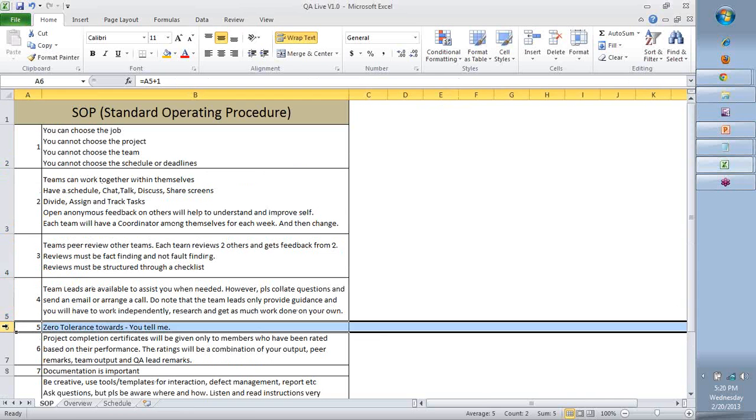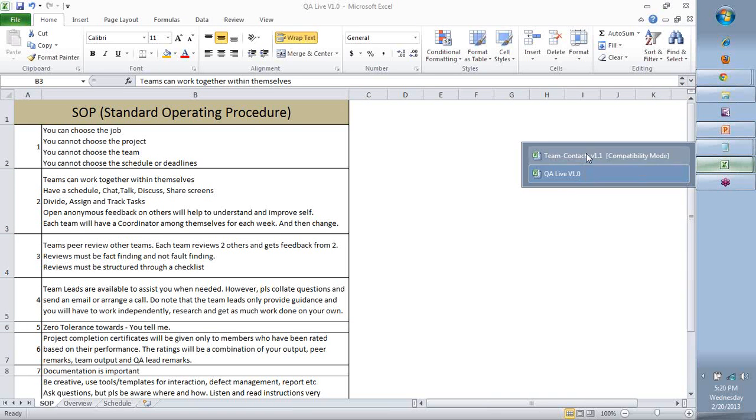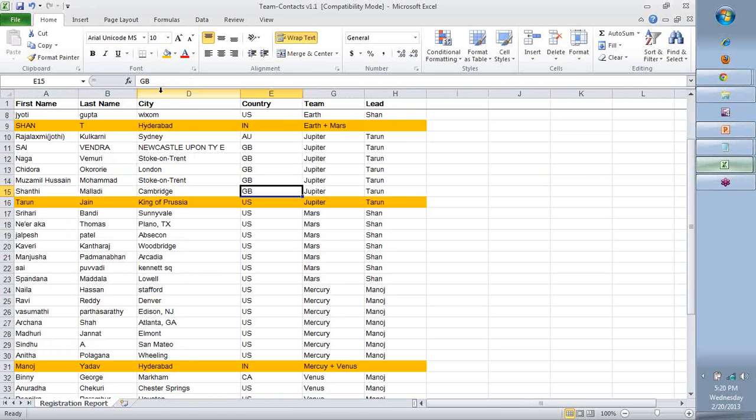Then we will go through these at length, okay? I also said that you will be working within yourselves on that specific team. I will send across the team contacts. It is not listed here. I have the emails and the phone numbers of everyone in the team. Please do not misuse them. Do not try and communicate with everyone. Be very conscious of the simple fact that you're going to be under observation for overall performance. Sometimes we are not aware. Sometimes we are over enthusiastic. We try and do a little bit more.